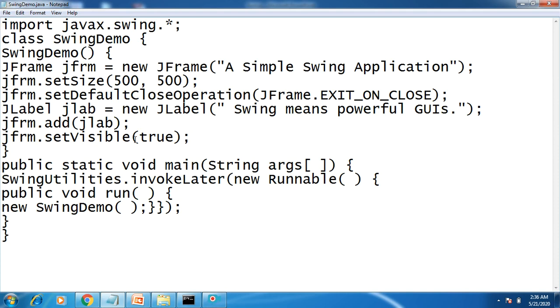Then after that we have written a main function in which we have created an object of SwingDemo, which causes the window and label to be displayed. But remember, when this SwingDemo object is created, it needs to be created on the event dispatching thread rather than on the main thread